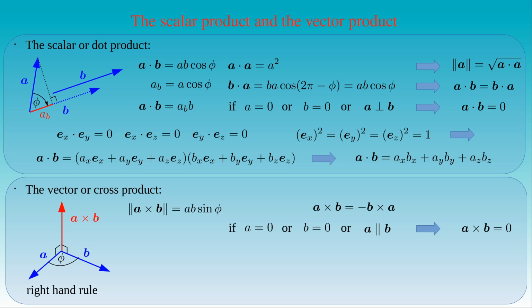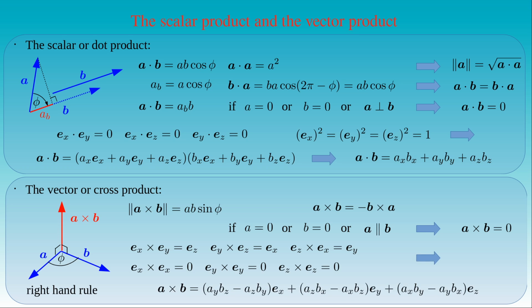The cross product of any two different coordinate basis vectors always gives the third one, with the permutations of e_x, e_y and e_z in the cross product. The cross products of the coordinate basis vectors with themselves vanish, since the vectors are parallel with themselves. We can use these relations in the basis expansions of the cross product, which gives the product with the x component equal to a_y times b_z minus a_z times b_y, with the y component equal to a_z times b_x minus a_x times b_z, and with the z component equal to a_x times b_y minus a_y times b_x.